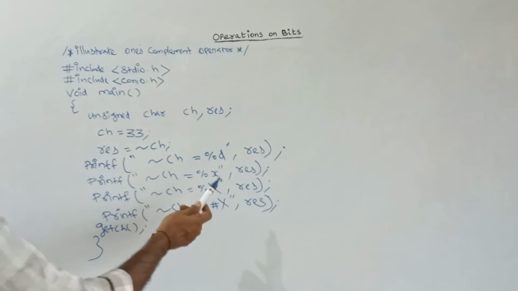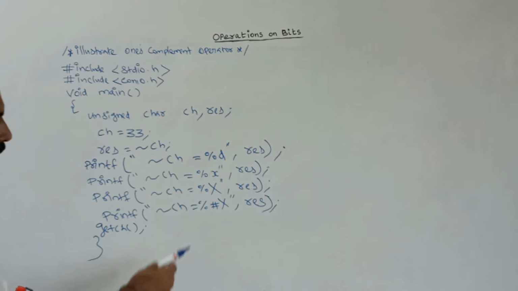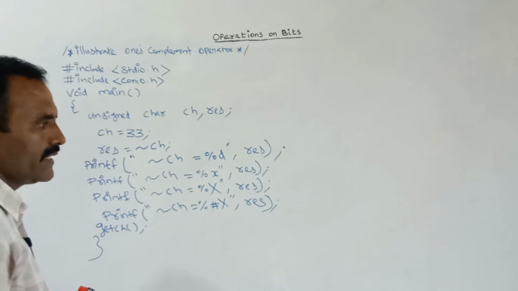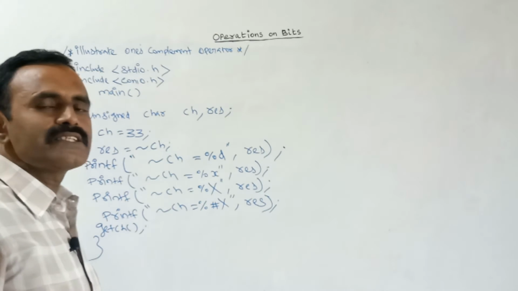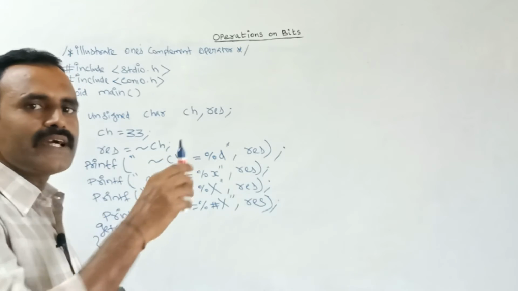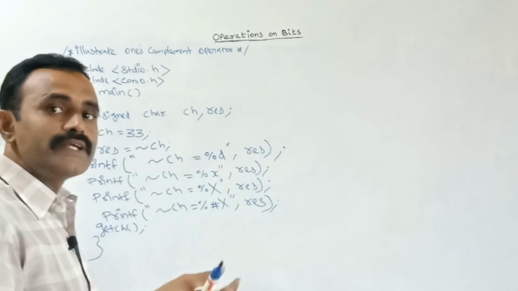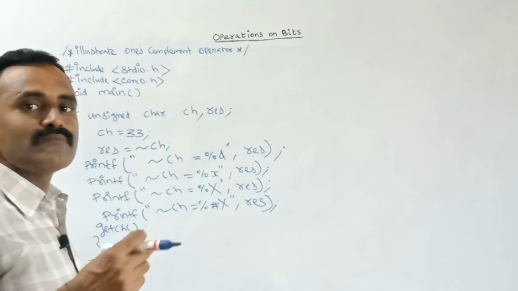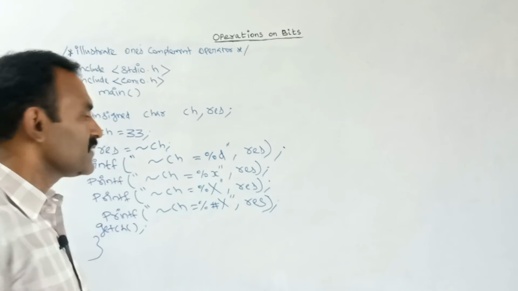See, here I am telling it to print the decimal value, and after that I am telling it to print the hexadecimal value. You already know, if you put the small letter x, then the result of this hexadecimal will be in lowercase letters, because hexadecimal has the symbol A for 10, B for 11, up to F for 15. So when we print that hexadecimal value, it will print those symbols in lowercase letters. If the hexadecimal value has A, B, C, those symbols will be printed in lowercase.